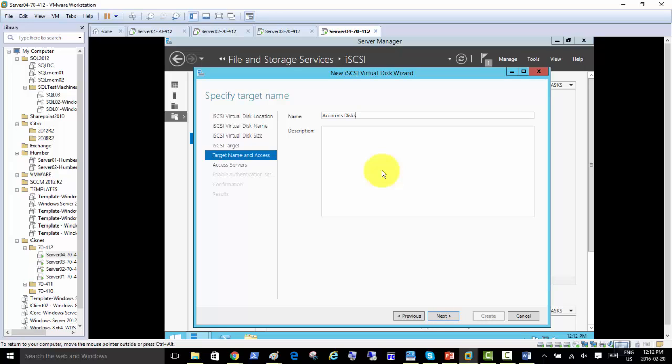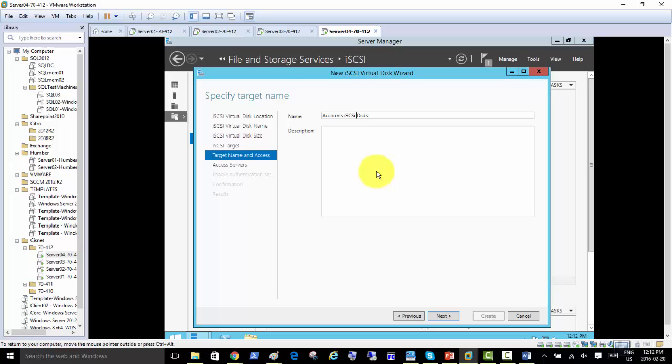Suppose this clustering is for the SQL server which accounts department is using. You could just name it anything, you know, cluster 1 or cluster disks 1 or iSCSI target 1, accounts iSCSI disks. Okay, you can just put anything as long as you know that these are the disks used for iSCSI,